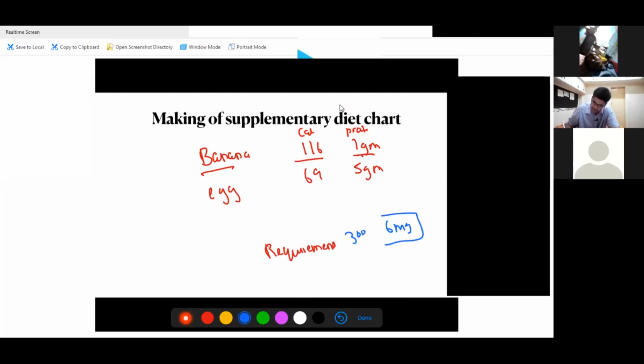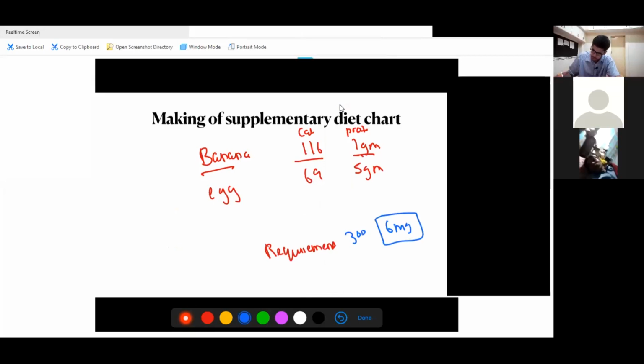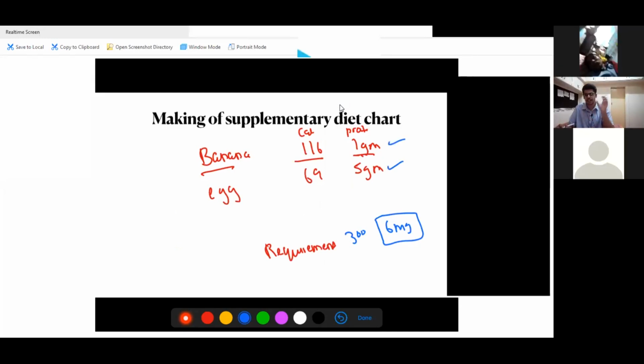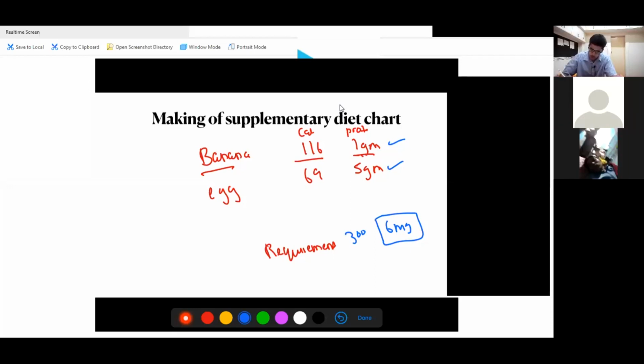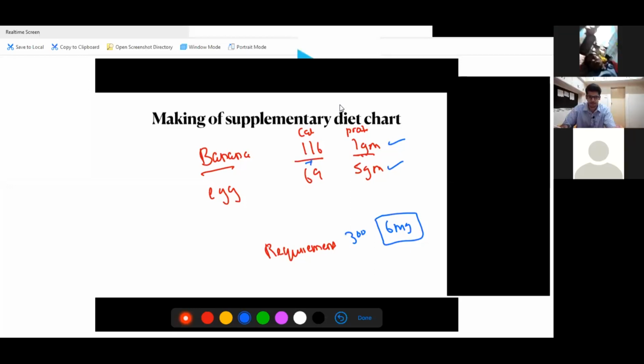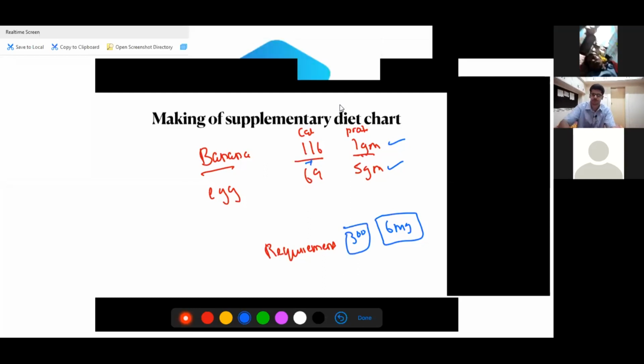Looking at your protein while making a diet chart, you come to know the protein is satisfied. By giving this child only one extra banana and one extra boiled egg, he's getting 6 gram protein. So I'm not giving him less protein at least. If you give above 6 gram protein, that's fine, but your supplementary diet chart should not have less protein. So you're sorted in the protein section. Calories, if you calculate this roughly, you will get around 170, 180. So you're still lacking 120 calories to reach 300.